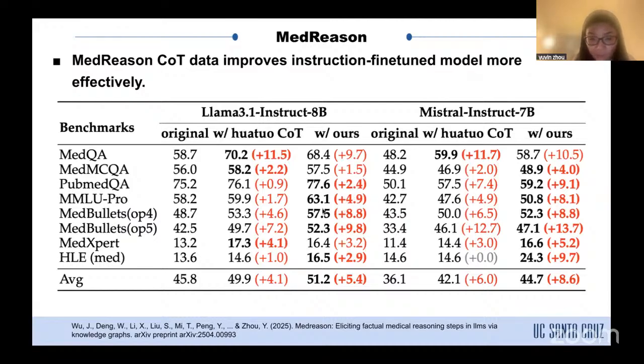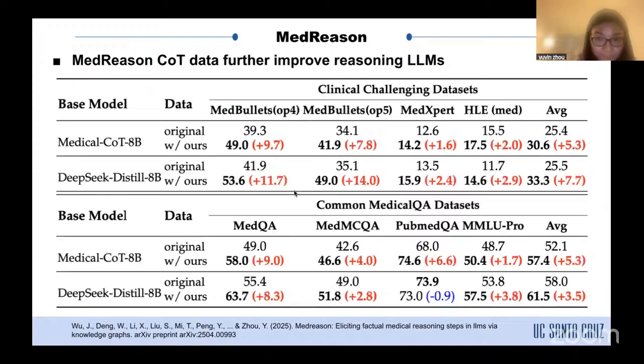basically improves almost all of the performance across these different benchmarks, especially for those particularly challenging benchmarks like MedBullets, MedExpQA, and MMLU-Pro. So these are particularly challenging datasets, and as we can see, we can improve the performance even further on those challenging clinical datasets. And based on different backbone models, Llama 3 and Mistral Instruct 7B, we can see that our conclusions remain the same. And also, we can see that using our MedReason COT dataset, we can further improve the existing